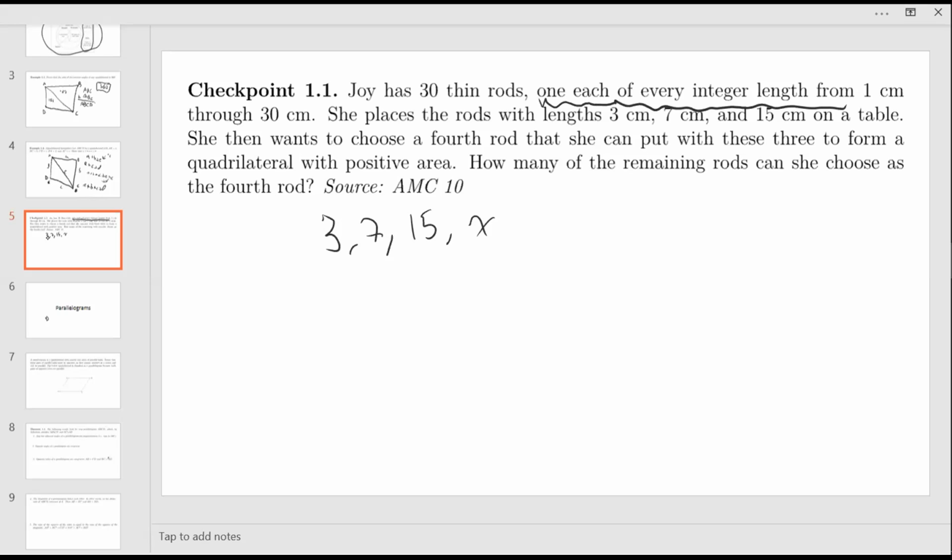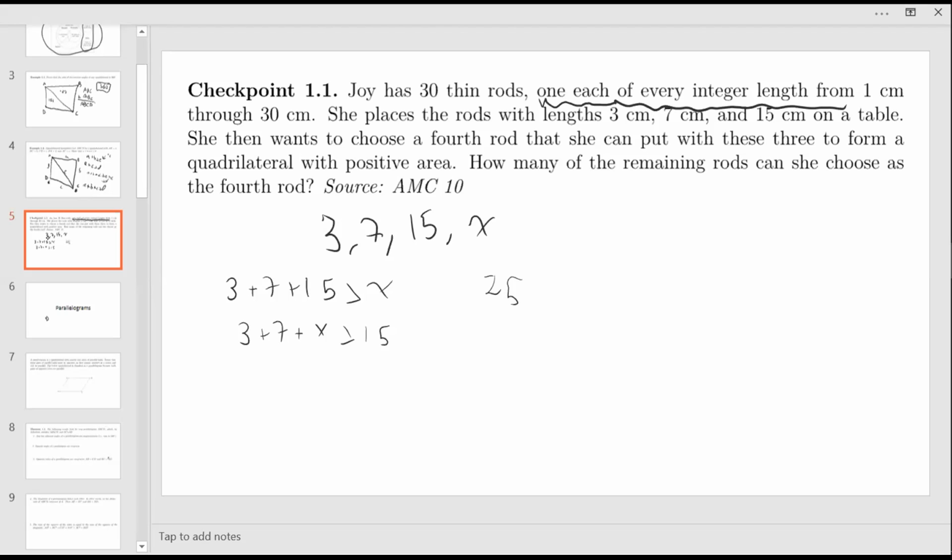So now let's use the quadrilateral inequality. So one way we can take the sum is 3 plus 7 plus 15 is greater than X. That's one of our inequalities. Now, another one of our inequalities can be looking at the 3, 7, and X side lengths. So that's 3 plus 7 plus X is greater than 15. Now notice that the other two possible ways we can do it don't really matter, since we'll have a constant on the right-hand side that is less than one of the terms on the left-hand side, so it's basically a useless inequality. So if we simplify these, we have